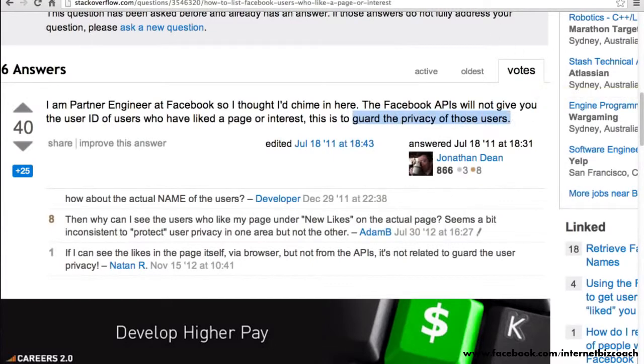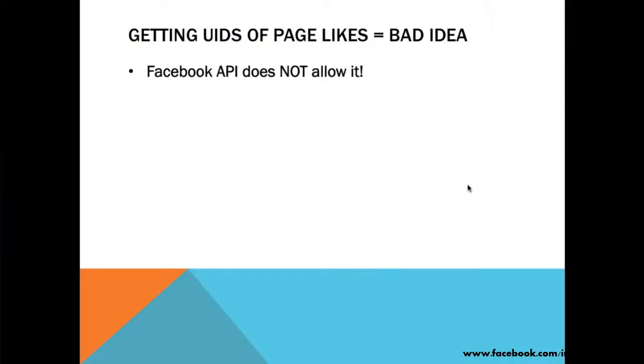So Facebook doesn't allow the extraction of user IDs of likes of pages. Programs that say they can do that are probably just scraping the likes, not really using the official Facebook API to do it. So I'm not going to be doing that.